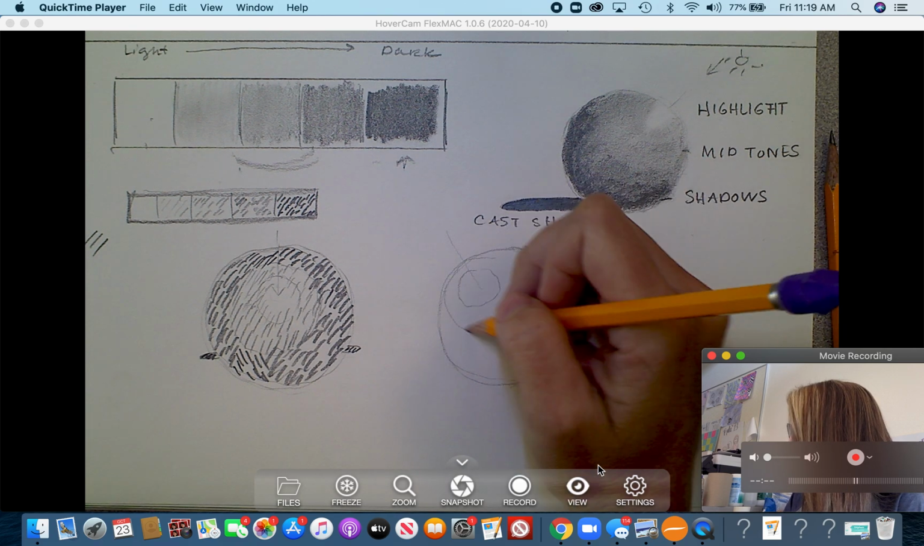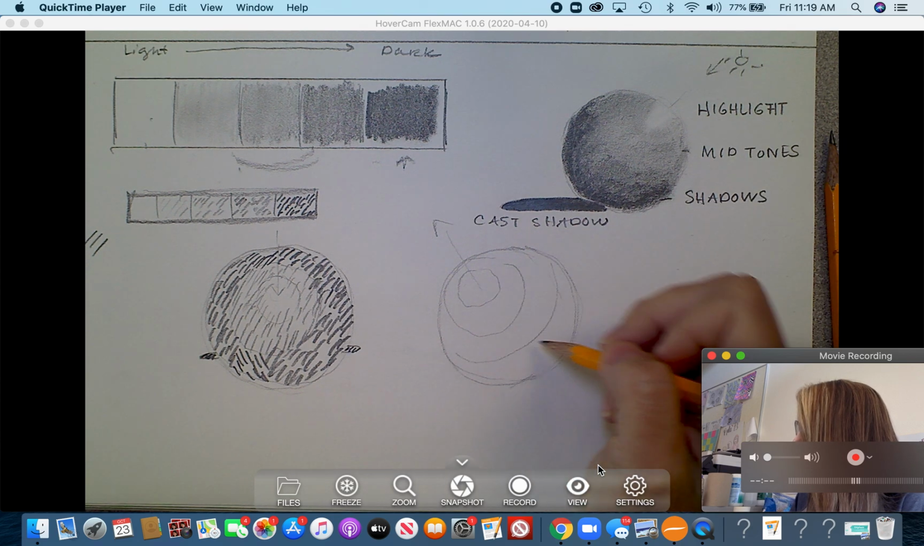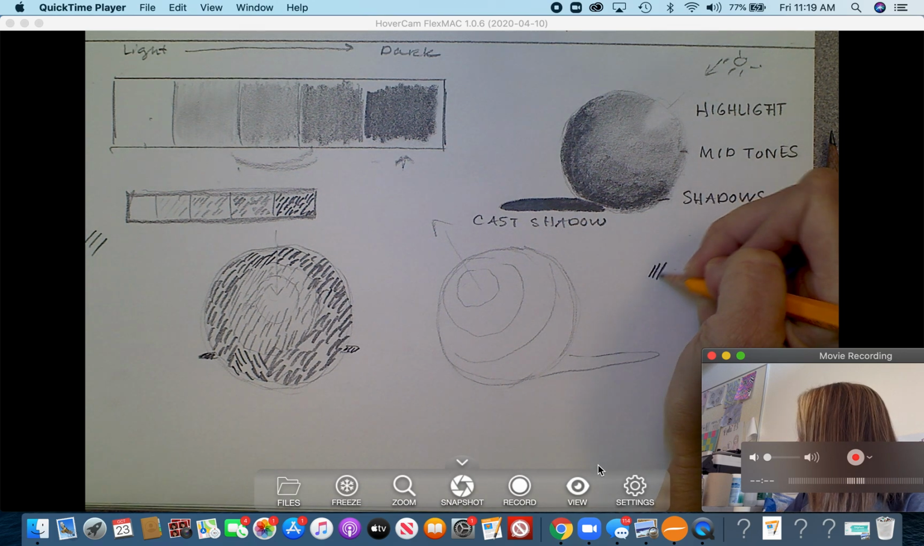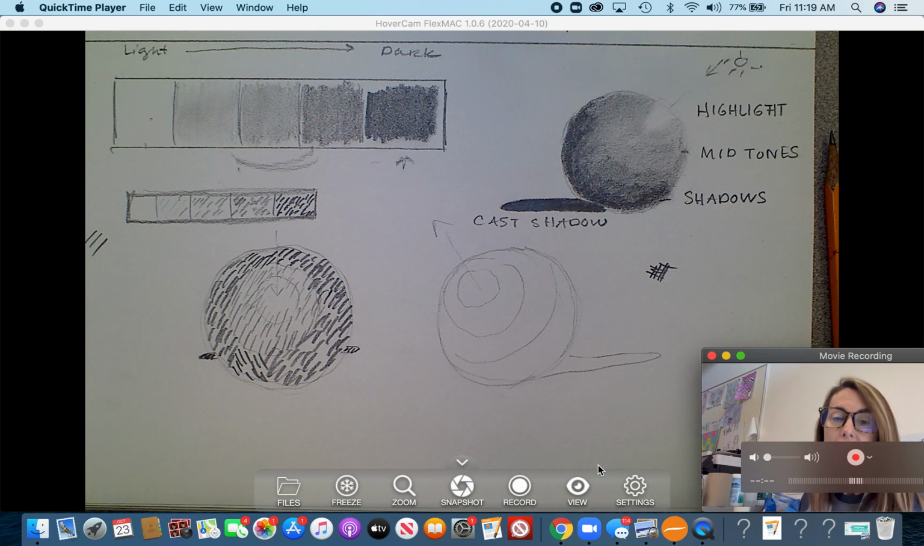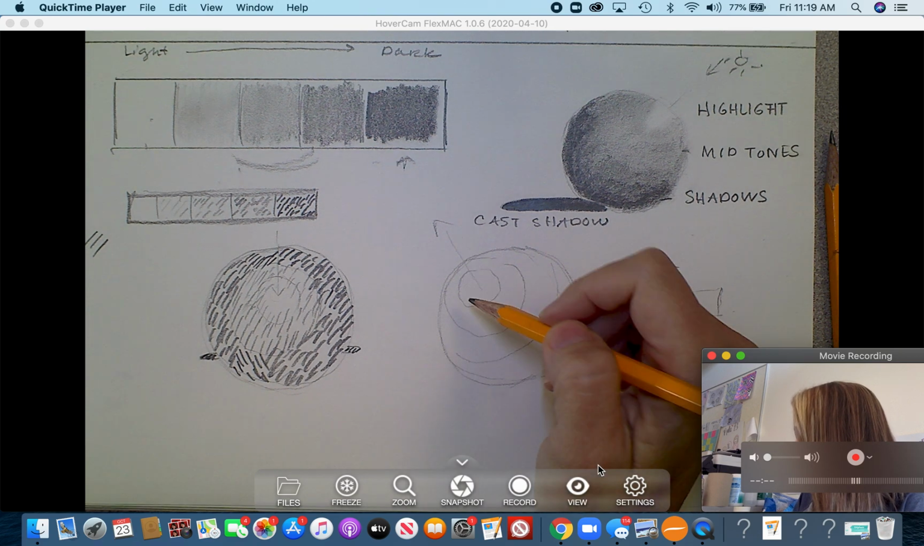cross hatching. So same thing. I'm going to say that my light source is hitting over here. So I've got my highlight, midtone, shadow, cast shadow. But cross hatching, we know, is just simply crossing it. And if you want to do another value scale, you can do that as well. So I'm going to leave